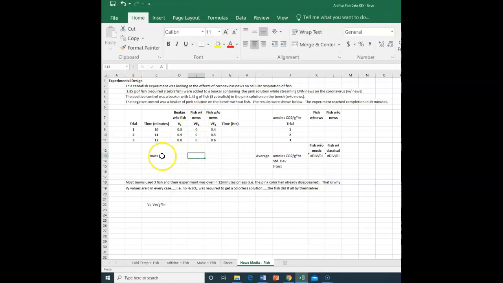So the mass here, go ahead and add a label here and type in for fish watching the news, we used 1.85 grams. For fish who were not watching the news, we actually had 1.45 grams of fish. So let's put that here. Okay. The other thing is, again, if we're doing micromoles of CO2 per gram per hour, it means we